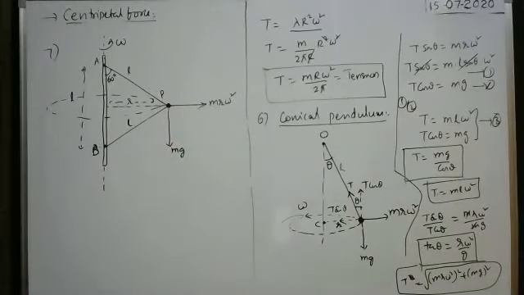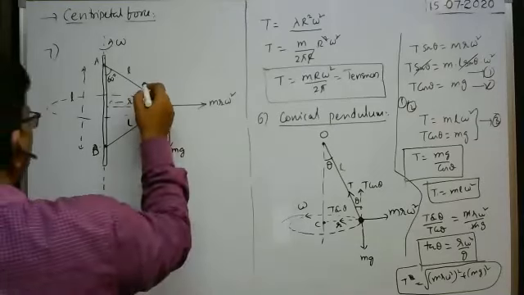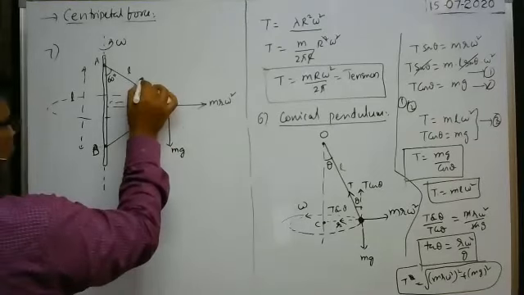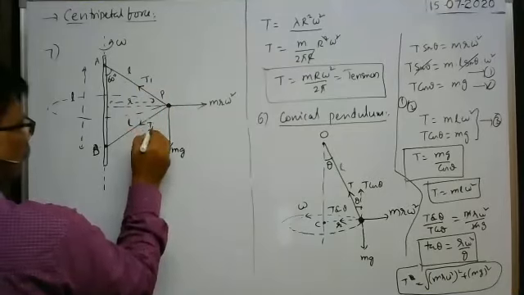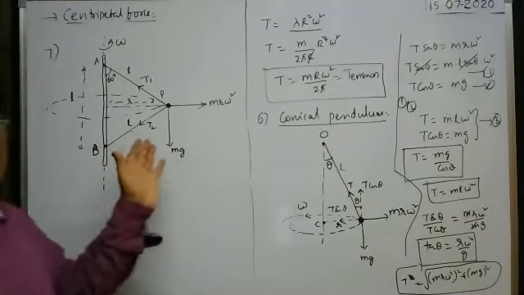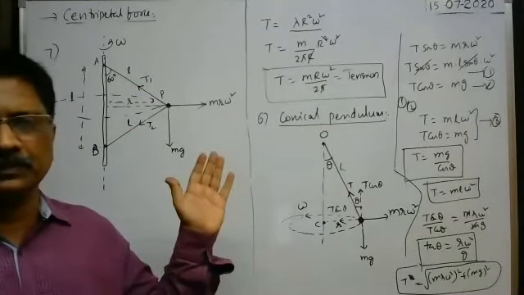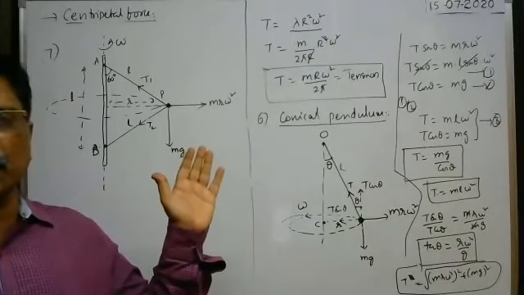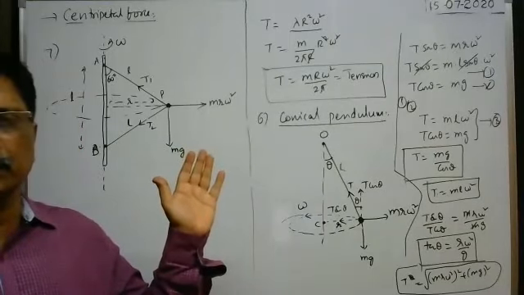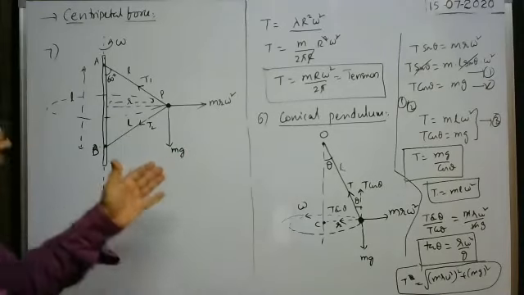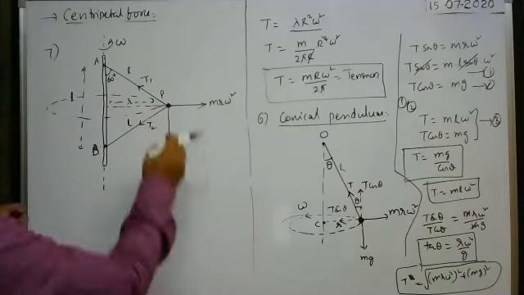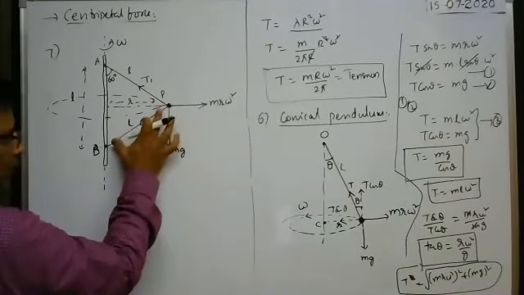So in the upper string, the tension is T1. In the lower string, the tension is T2. Here the tension is T1. Here the tension is T2. Which one is greater? T2 is greater or T1 is greater? T1 is greater, because already I said that because of weight the particle comes down, due to which the string becomes slack,